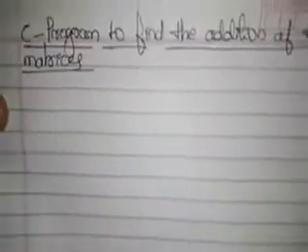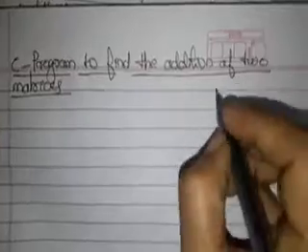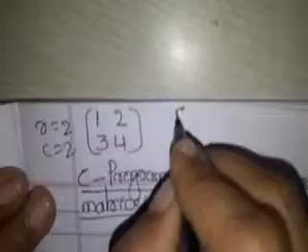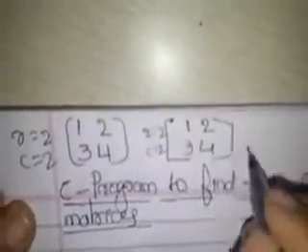Next we'll discuss another program, that is to find the addition of two matrices. Before writing the program, let me take some values and explain. For example, assume a matrix with the elements 1 2 3 4, in the sense R is equal to 2 and C is equal to 2, and I'll take another matrix, the same one. Just for tracing purposes it will be easy, that's why I am taking the same. It is not mandatory that we take the same only. You can take different ones also.